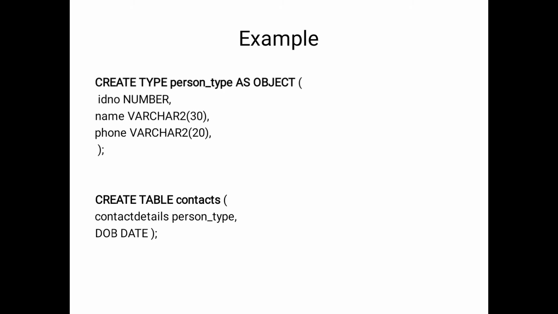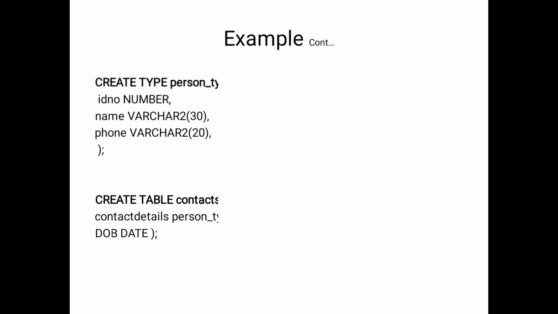So in this particular example, in this contacts table, we directly retrieve the 3 fields because here we use the object of person type. In the person type object we have the fields ID number, name, phone. So simply we retrieve all the 3 fields here. Another new field is the date of birth field, that is related to the date type. Finally, what are the fields available in the contacts table? ID number, name, phone, date of birth. These 4 fields are available in the contacts table. I hope all of you understand this example.